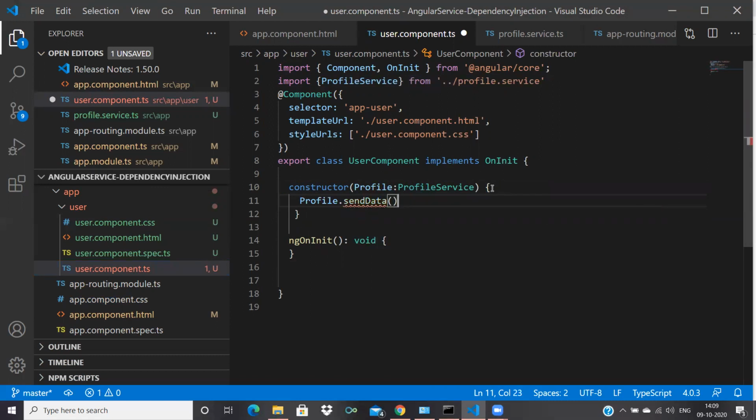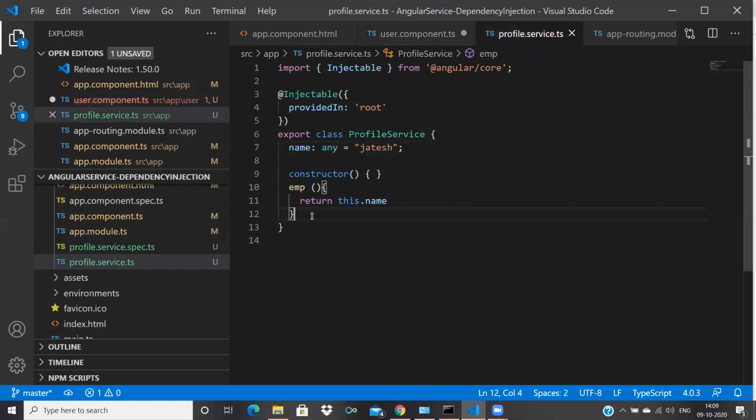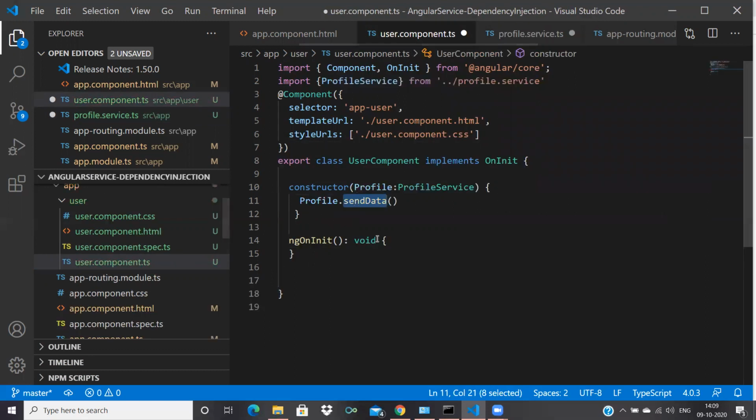We don't have a function there, so it is showing me an error. I go to the service and create a function send data here, so that yeah, it is working now.